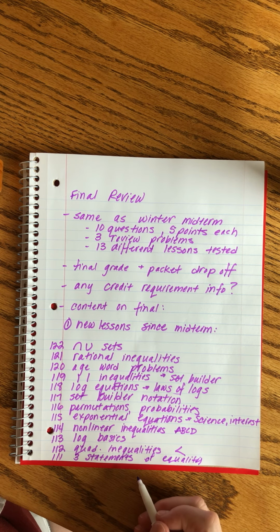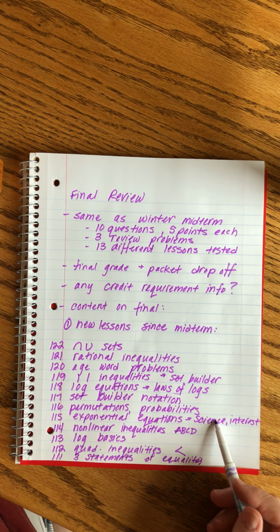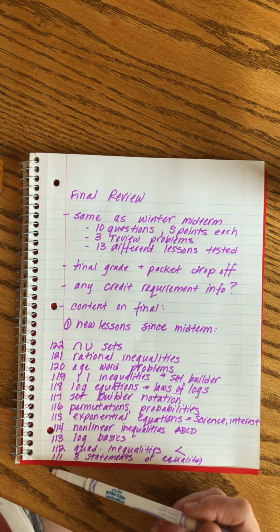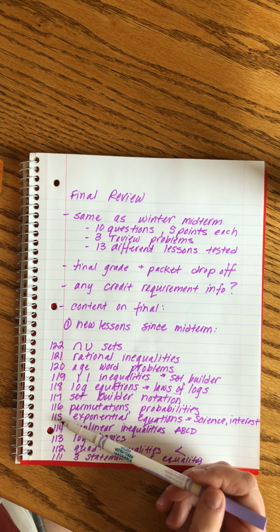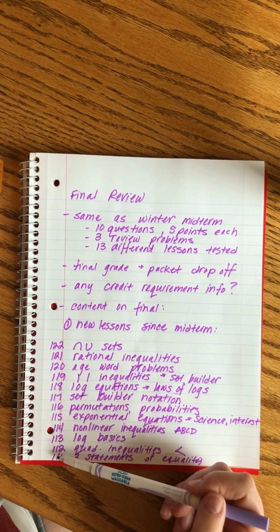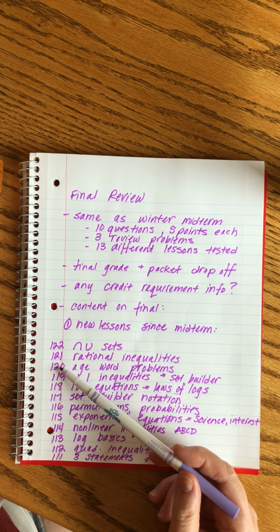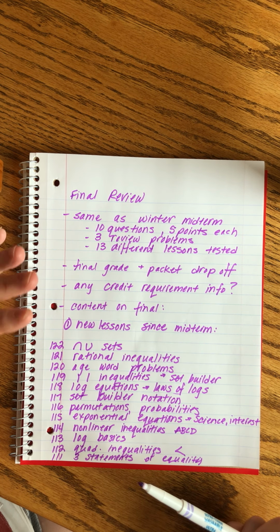Okay, now, so these are 15 lessons that we covered since the last midterm. I could easily write a test of 10 items. I could even do the 3 review problems, because this is 15, right? 5. No, it's not even that many. It's 5, 10. Is it exactly 13? 1, 2, 3, 4, 5, 6, 7, 8, 9, 10, 11, 12. No, it's not even. But I'll tell you what, I'm not going to pull all 13 questions out of these lessons because